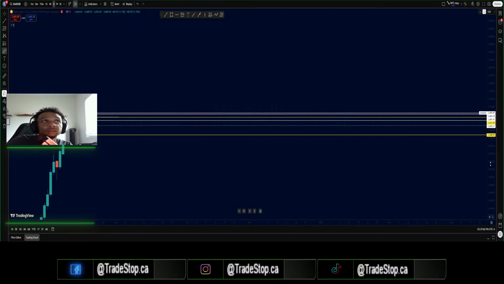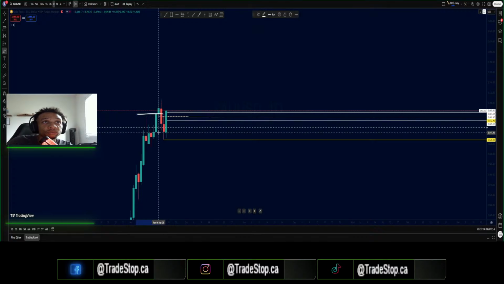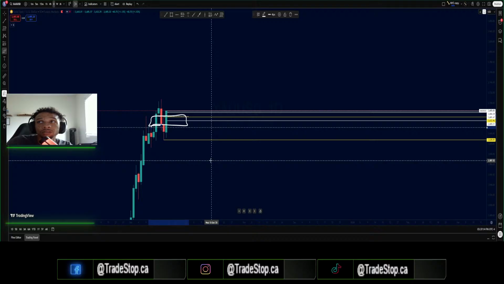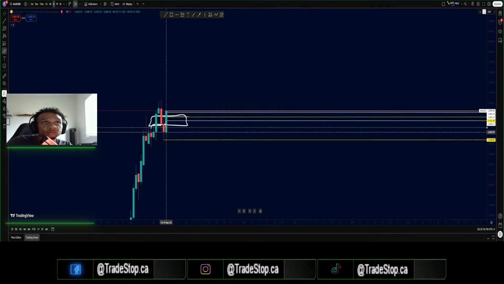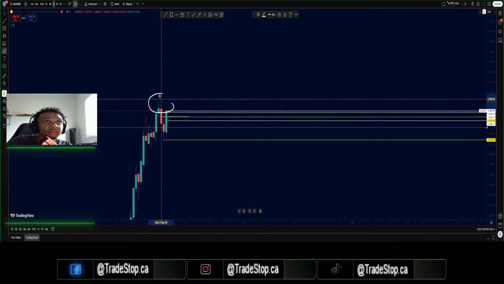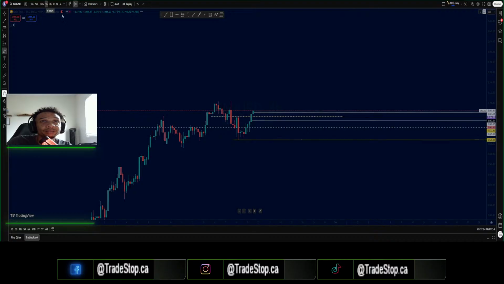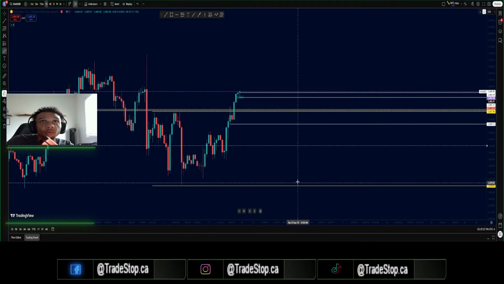So I mean, looking to take out these highs. Internal range liquidity, external range liquidity. Internal range got taken, could come down, take out these lows. Not really interested in anything, like I was saying though. So just keep going down. 4 hour, nothing. 1 hour,